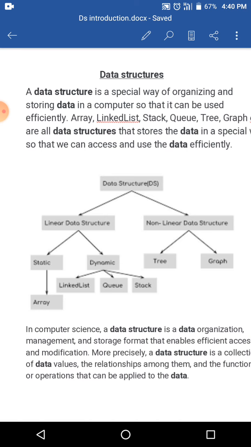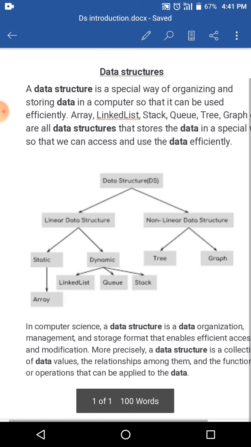Okay, and next, a non-linear data structure. What is the non-linear? I already told that sometimes data might be stored in a continuous location, and sometimes data might be stored randomly scattered in the memory. Even though it is scattered randomly, we will link up all the details as per our requirement and our own design. So by using linear and non-linear, you can understand what that means. For the non-linear, trees and graphs are the non-linear data structure examples. So these are the basic types of the data structure.